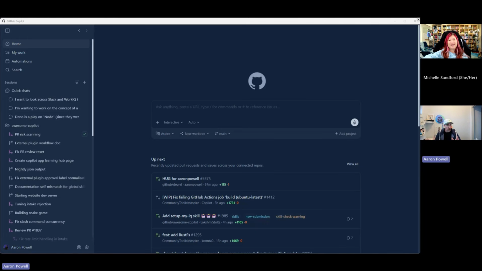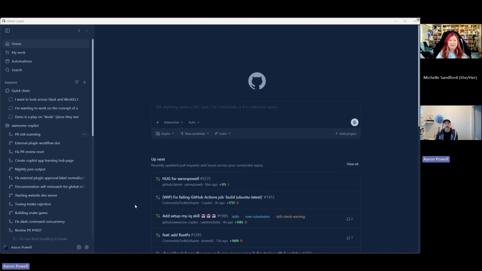So this is the Copilot app that I've got open here. I've just landed on the home screen. You can think of this as very much your entry point into your day's work. I've got a chat session that I can start off. I can choose contextually how I want that to work, and I'll explain a bit more about that as we dive into how you run what we'll refer to as sessions inside of the Copilot app.